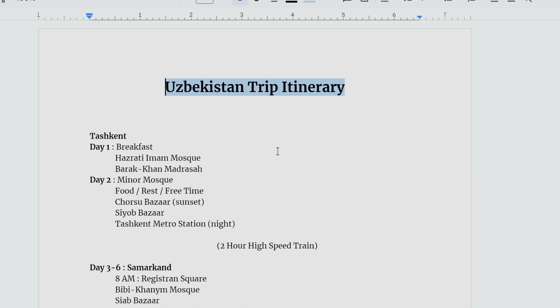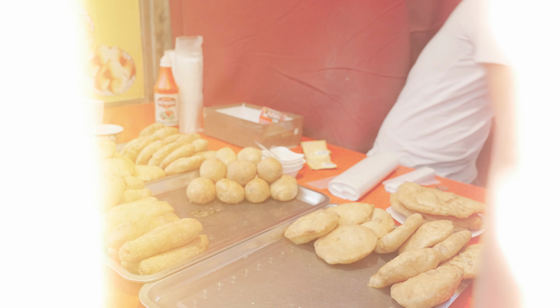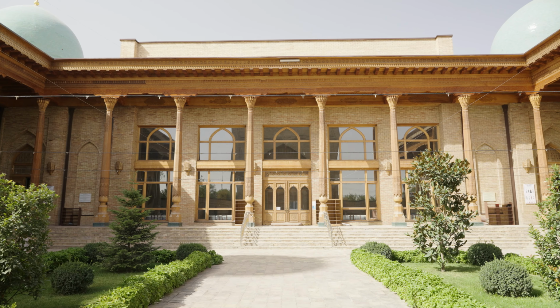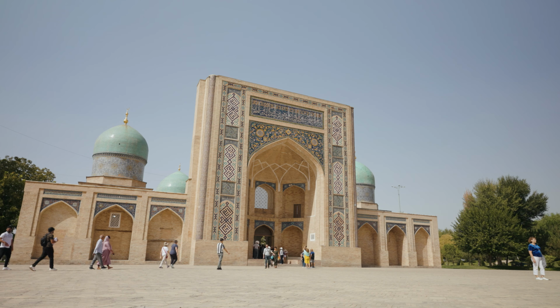So as you can see here, I've prepared an itinerary of each day and what I'm gonna visit. So for instance, the first day in Tashkent, which is the city that I'm gonna be in Uzbekistan, first thing I'm gonna go get breakfast, obviously, and then I'm gonna go to Hazrati Imam Mosque and then to Barak Khan